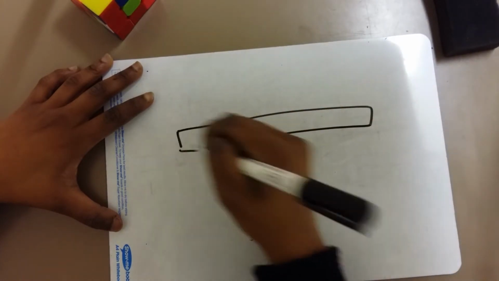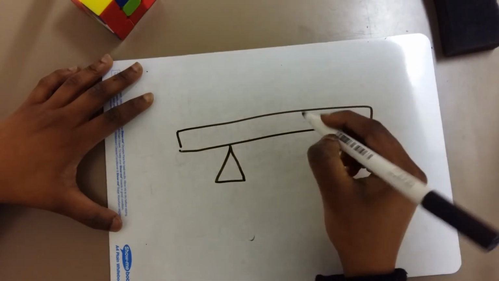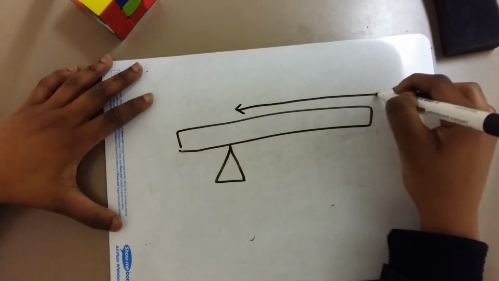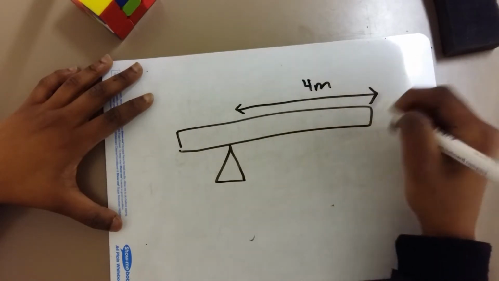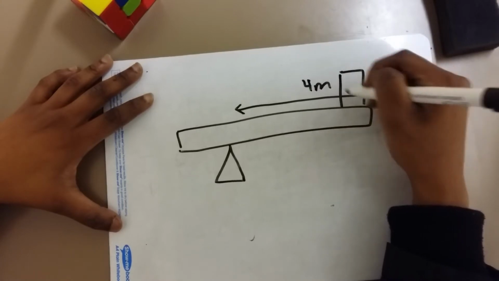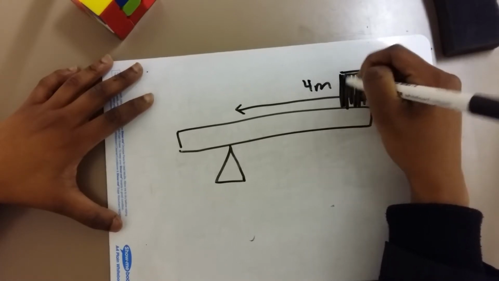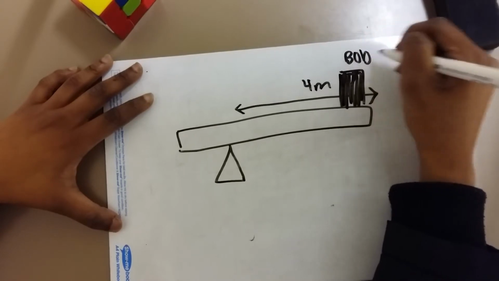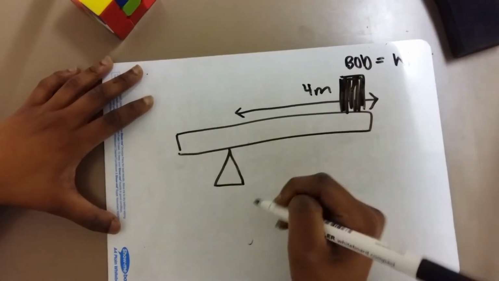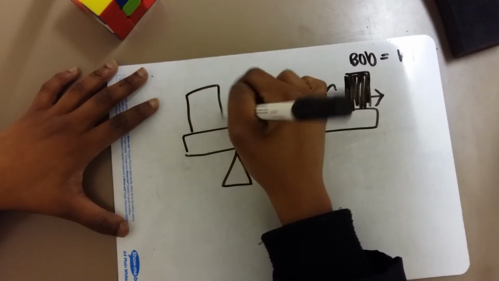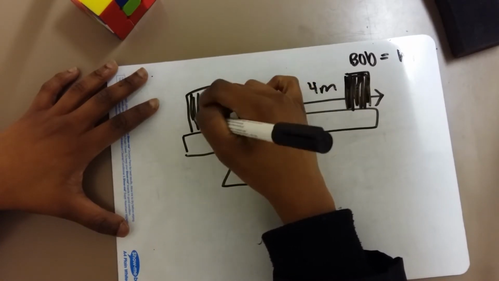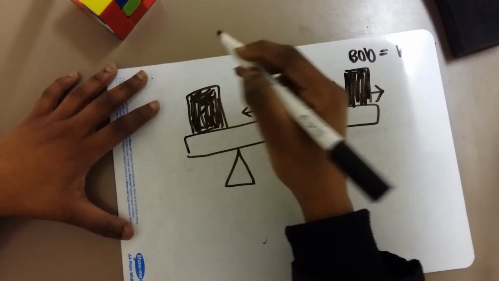So what if we had some wonky thing where the triangle bit of the equation is not in the middle? Let's say we had something like this, where the triangle is there, and this distance is 4 meters. Let's say this object here, object Bob, is equal to W, and